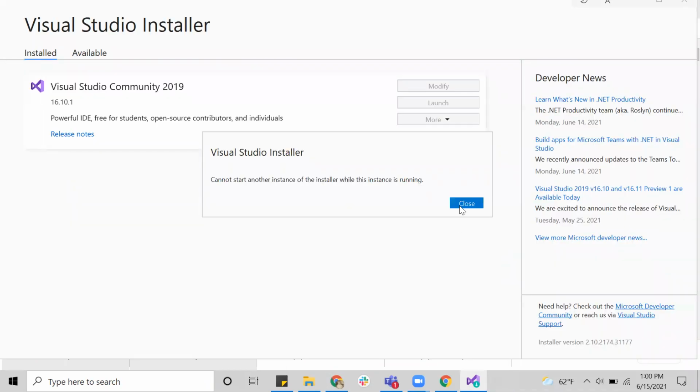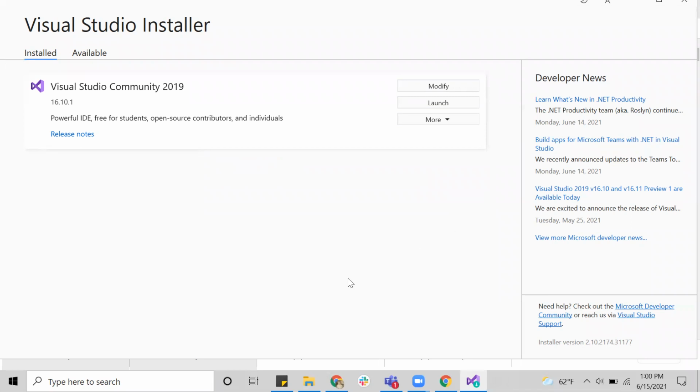And then at some point, because right now I already have Visual Studio on my machine, and it takes a while to download everything we need, that's why I'm not going to download in real time in this video for you. Instead, I will tell you what to do when you're downloading the application. So after you click next, on the question of whether you allow this application to change your machine or not,